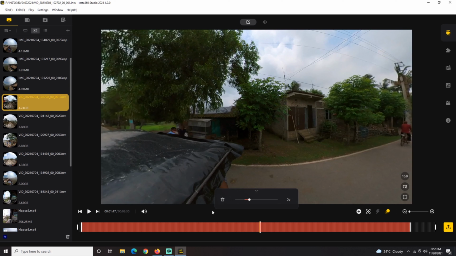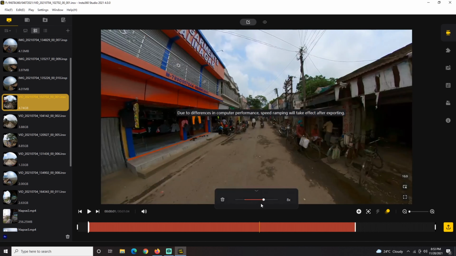And for a good hyperlapse, the speed factor entirely depends on the speed the video was shot in. Here I was in a moving vehicle which was a medium speed vehicle, and I would go for 8x speed here. Now if this video was shot while walking, then I would have selected 16x or 32x, or if this was a high speed vehicle, I would have selected maybe 4x speed. How you want to present your hyperlapse, at what speed, is entirely your personal preference. Make sure that this button, that is the motion blur, is selected, and now we will add some keyframes here.